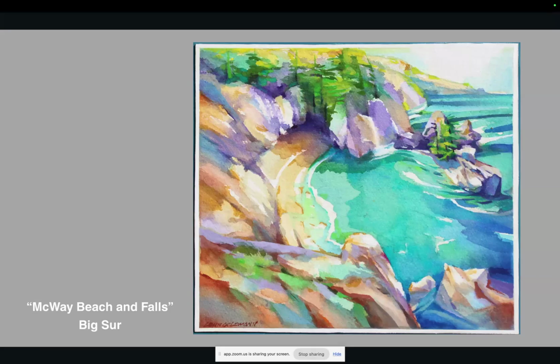I think we forget that we don't need to use all the paint on our palette. And what's so cool is you only have a limited time, and I don't really finish them out there either,